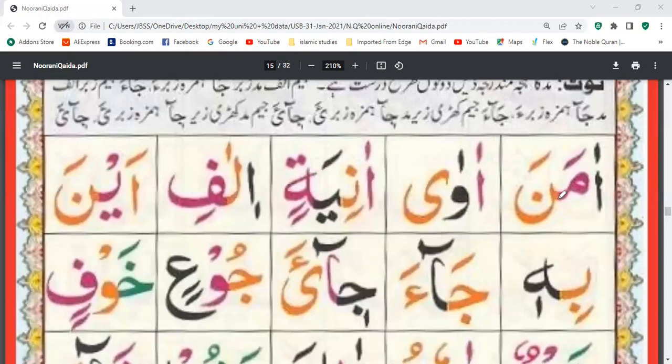Because this is simple zabar. Shabash. Next. The simple pesh examples are coming, inshallah. Wait for them.